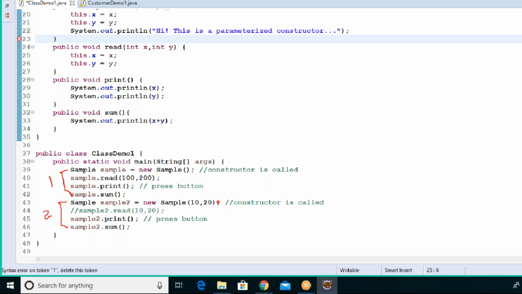Anybody else? First is better, very good. Why do you think first is better? Because we have separate methods for assigning values. There is more security if we have separate methods for assigning values. Okay. Anybody else would like to give an opinion? First approach is better, second approach is better, and why?